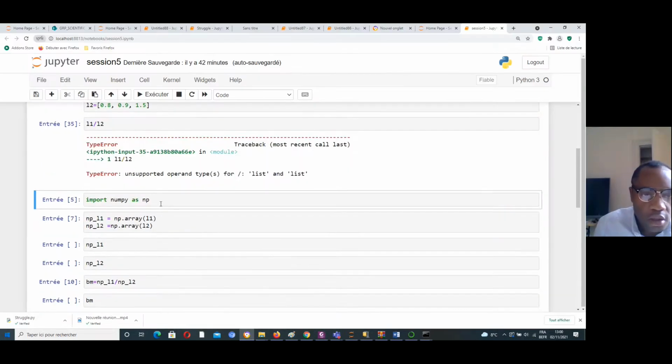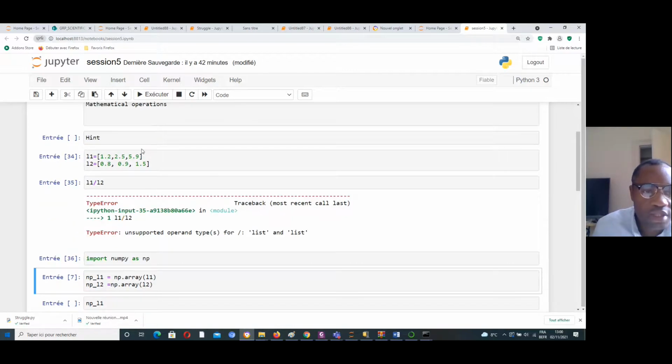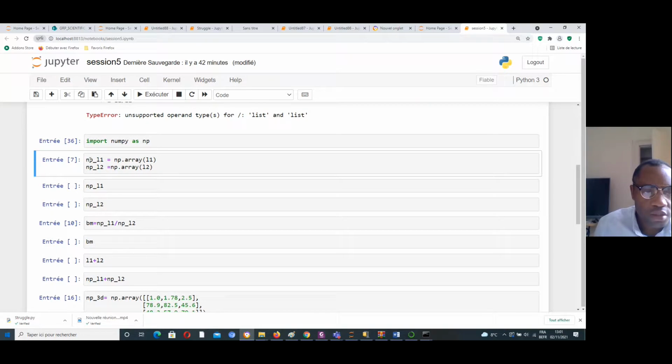After installing NumPy in Anaconda, I need to import numpy as np, like that. Then I will redo this similar operation. I declare np L1 like that and this one like that.